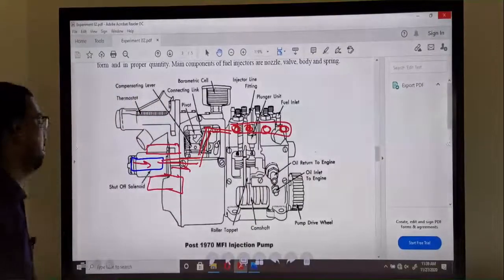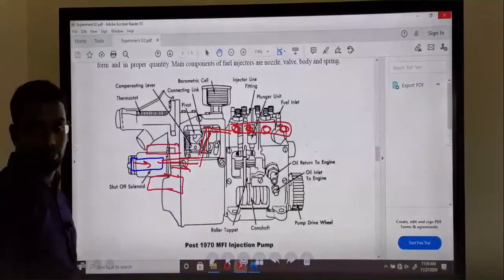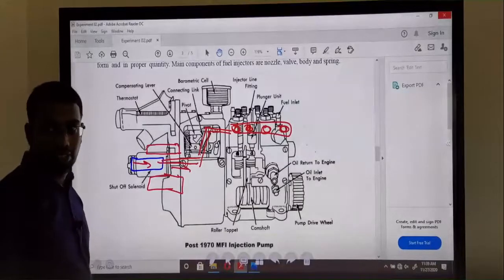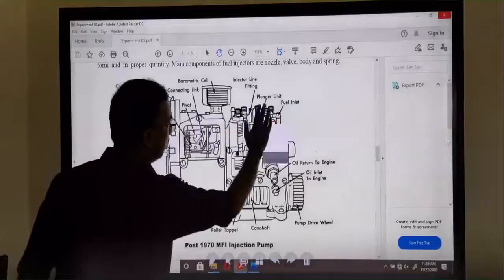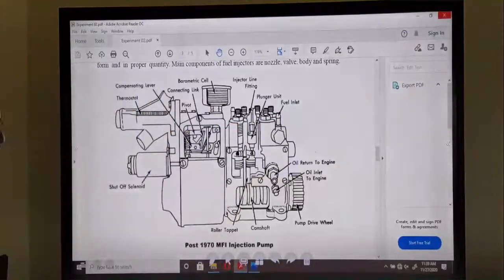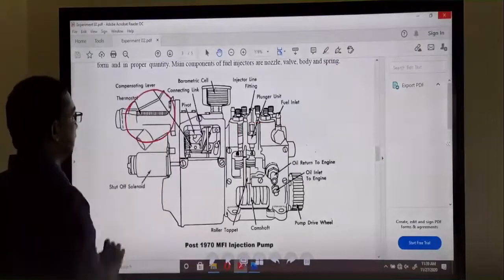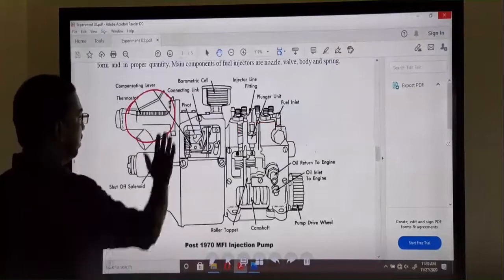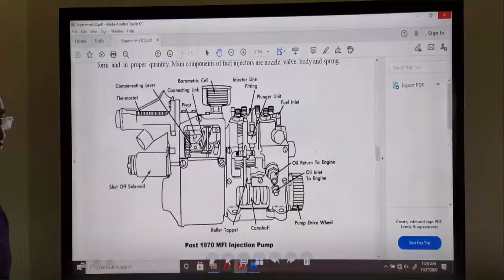This type of technology is used here to avoid the fuel supply when the engine is not in starting or working conditions. Here the thermostat valve is mostly related to the cooling system. I teach the thermostat in the cooling system experiment.